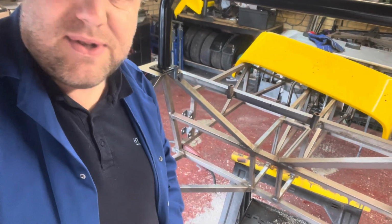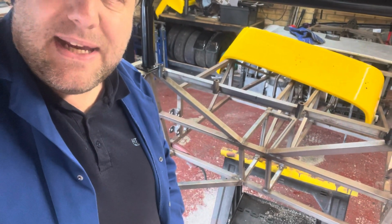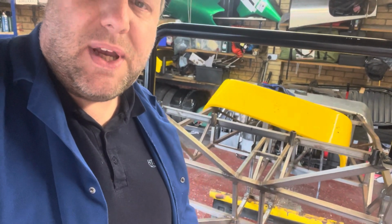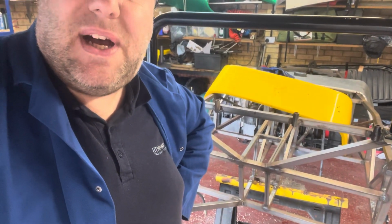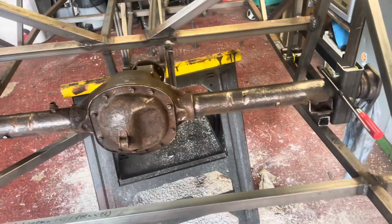Tomorrow, if everything goes up to plan, I'm planning to see a friend of mine who is then TIG welding the rest of the rear axle to secure the brackets. What I've been told, less heat is going through, which makes the process better. So yeah, let's see how it goes. I'll keep you posted. So I cleaned up the rear axle and